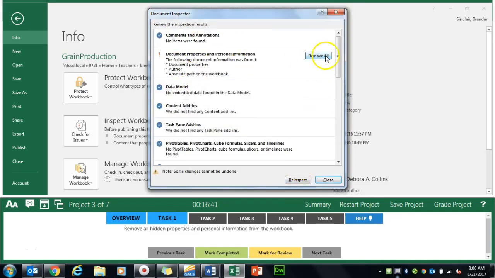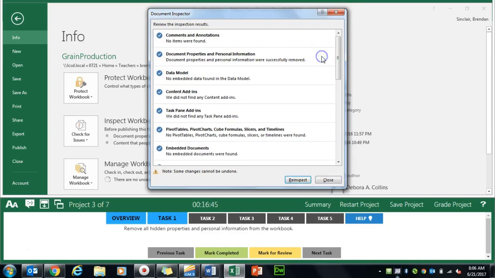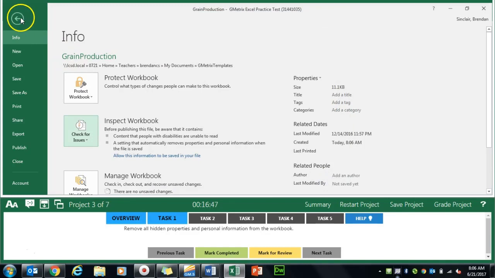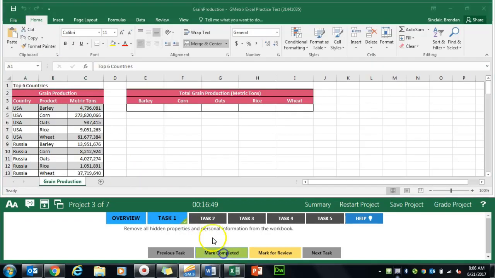And once we do that, it says that it did find some data in here. We want to click Remove All. And then we can click Close and exit out of the Backstage view. We'll click Mark Completed. Task 2 asks us to go ahead and in the Grain Production worksheet apply the title